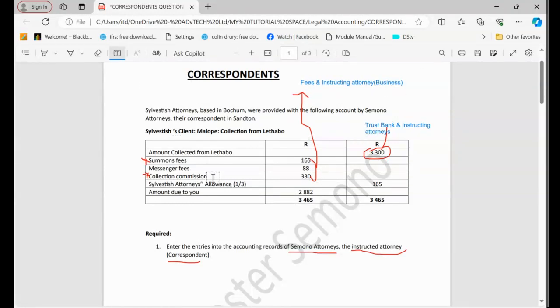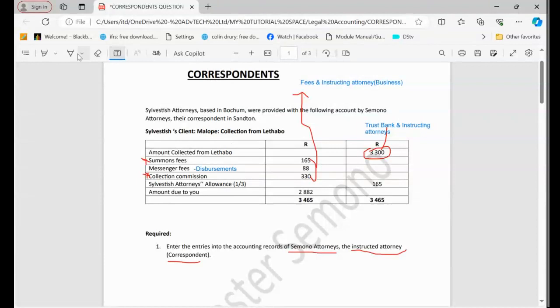The other one that you can see here, we have got the messenger's fee. So the messenger's fee is not a fee at the end of the day. The messenger fees, in a nutshell, they are disbursements. Again, it means this will be deducted from the amount of money that we collected. So you will see at the end of the day, we are going to affect the messenger fees. At the same time, we're going to make sure that we recover this amount from what? From the instructing attorney trust.